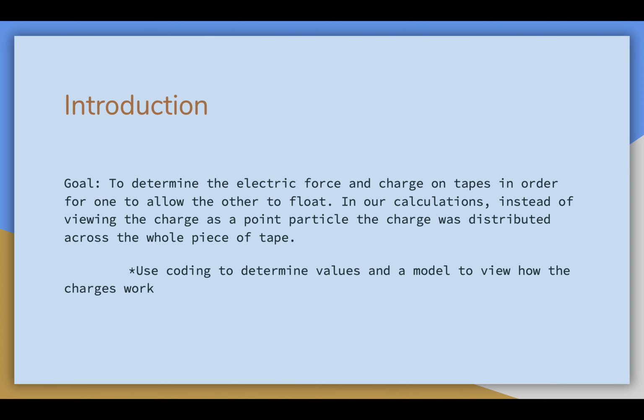Similarly to the previous lab, the goal for this lab was to determine the electric force and charge on tapes in order for one to allow the other to float. The difference in this lab was that we were to view the charge as a line charge, where the charge was distributed across the entire piece of tape instead of viewing it as a point charge. And we also were using coding to determine these values and to show a model to view how the charges